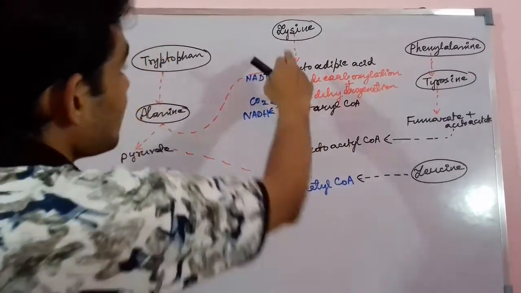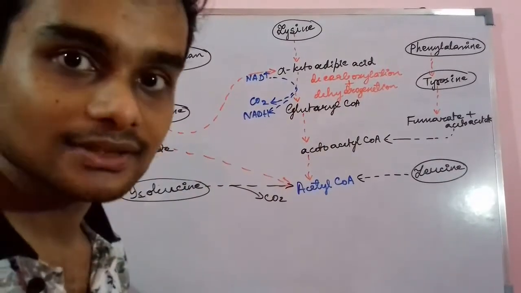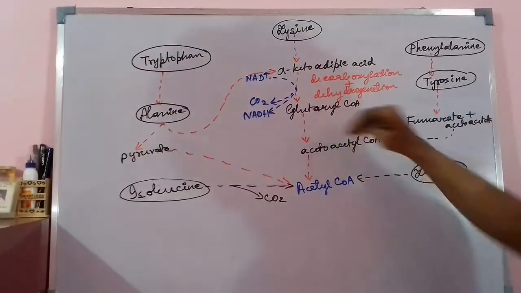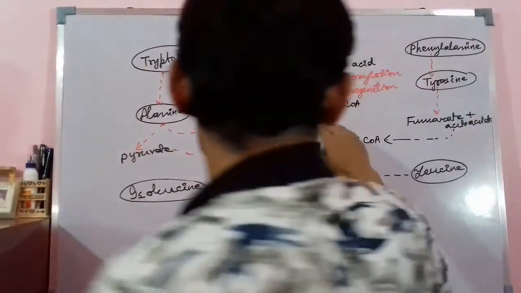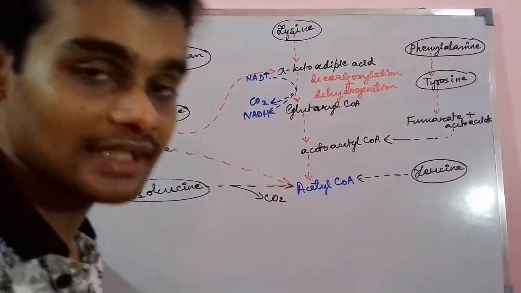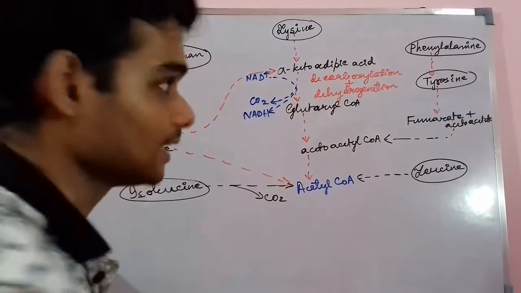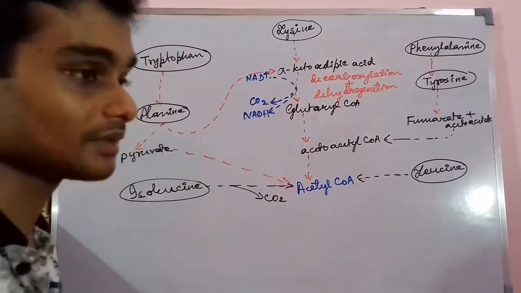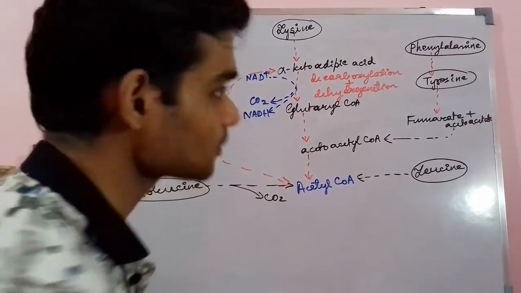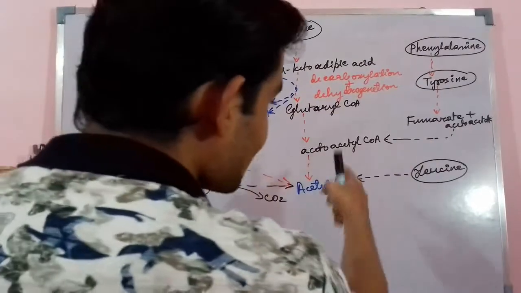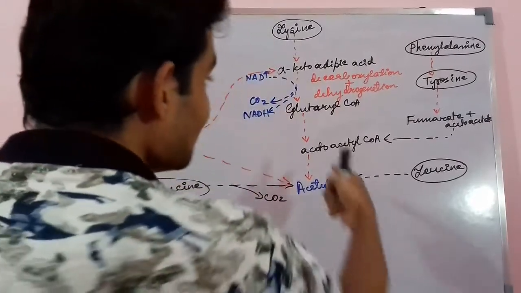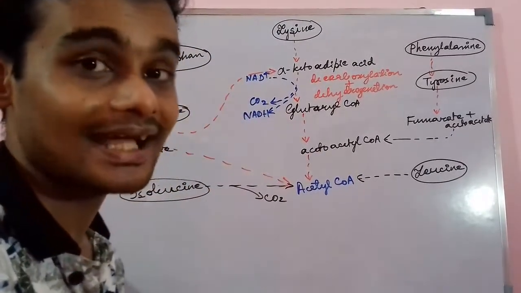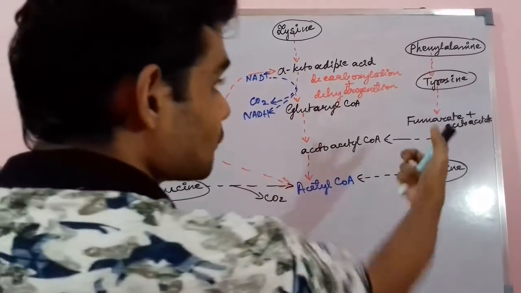So you see that lysine gets converted to alpha ketoadipic acid through successive steps, and alpha ketoadipic acid, through successive decarboxylation and dehydrogenation, gets converted to glutaryl-CoA. And phenylalanine directly gets converted in the presence of phenylalanine hydroxylase to tyrosine, and the tyrosine ultimately gives rise, through 6-7 successive intermediary processes, to fumarate plus acetoacetate. Acetoacetate, in the presence of 3-ketoacid transferase and succinyl-CoA converting to succinate, forms acetoacetyl-CoA by taking the CoA group from the succinyl-CoA and adding it to the acetoacetate.